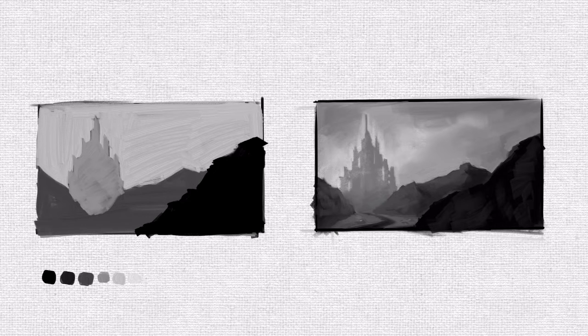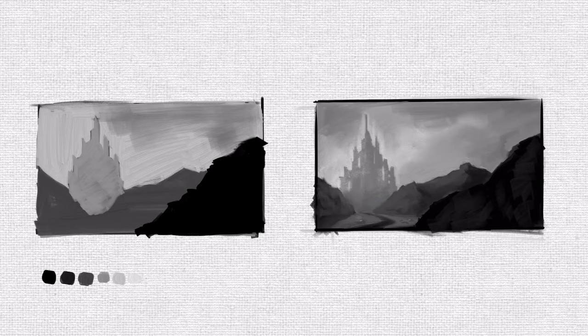Now, we can see the two value additions have already started to create the illusion of depth, giving us three layers, a foreground, midground, and background. We could even consider the sky as a fourth layer too. So this would be a good place to stop right here and move on to another concept, but let's just work on incorporating a little bit of depth into this scene, and we'll start with adding a little bit of